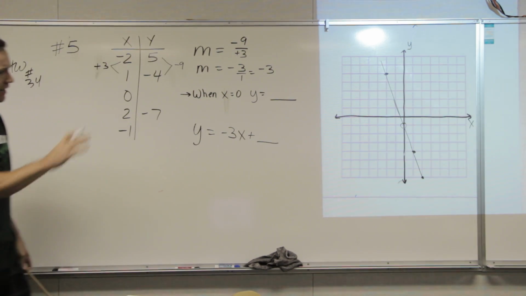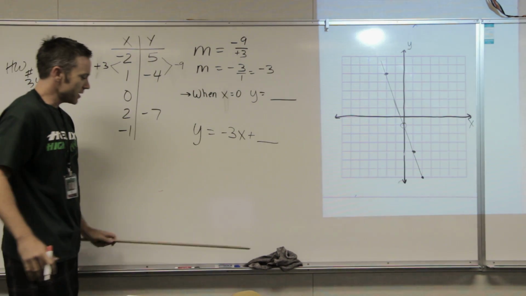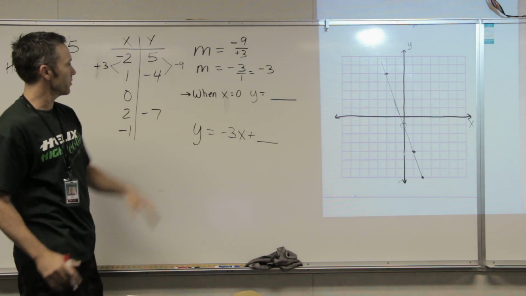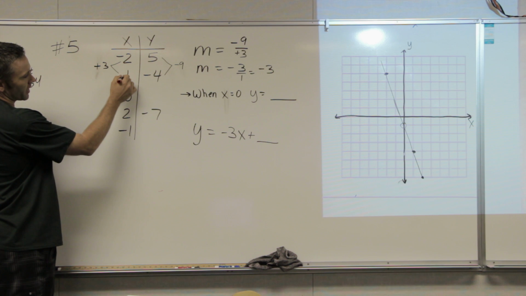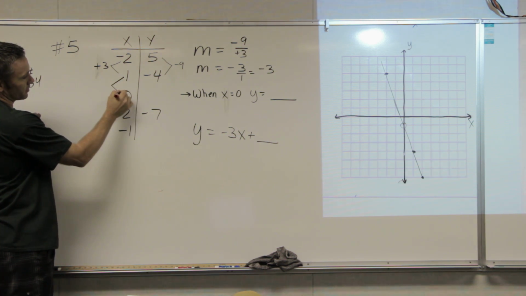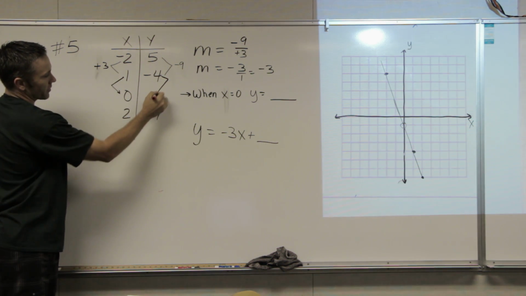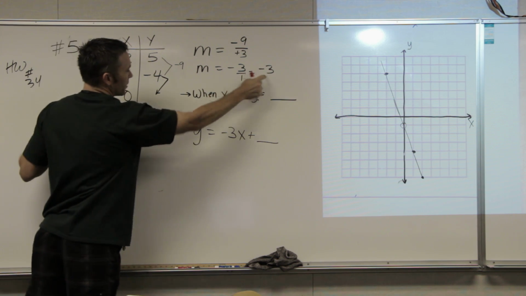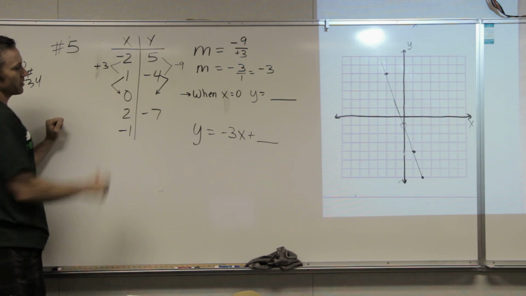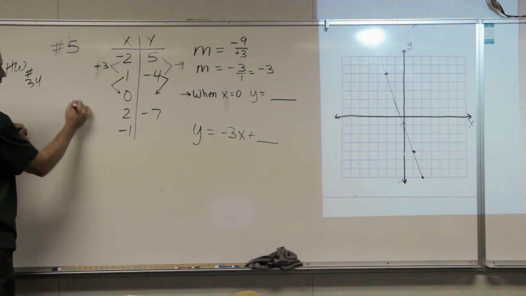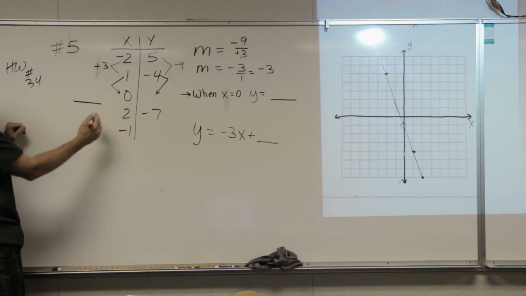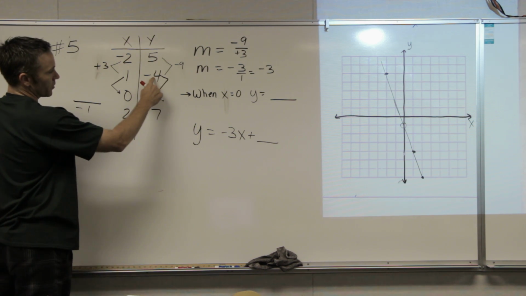Now, if your line isn't straight, like mine isn't, that may not be the most accurate way. Another way to do it is to figure out if I go from this x value to that one, and from that y value to that one, using my slope, can I get to the y-intercept? And the answer is yes. If I go from 1 to 0 on the x-axis, or on the x value, we're going down 1. And so that means we would have to go